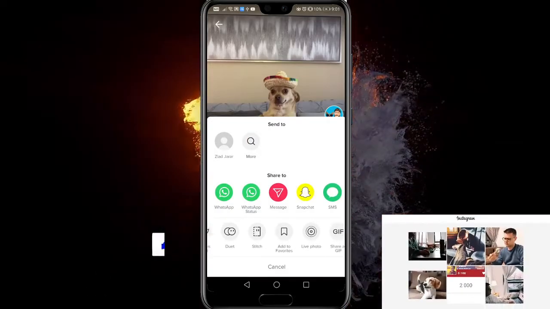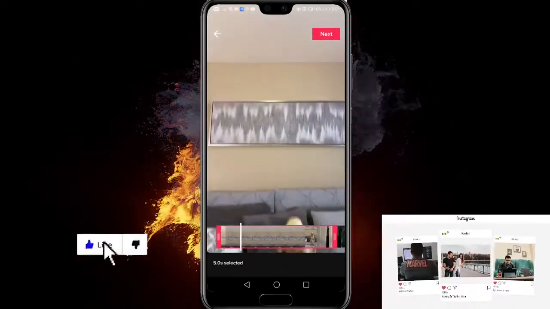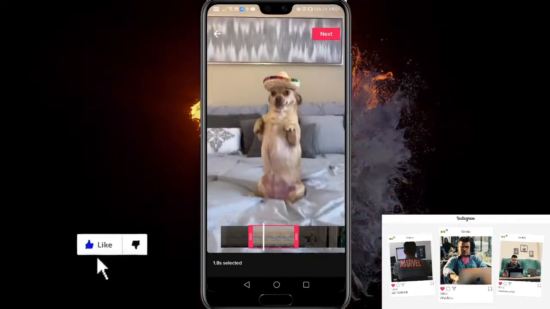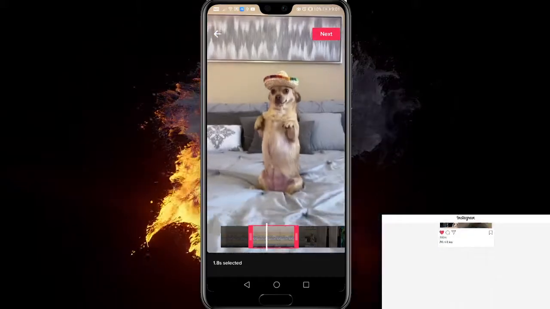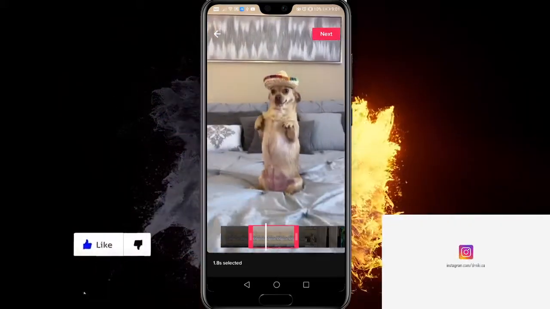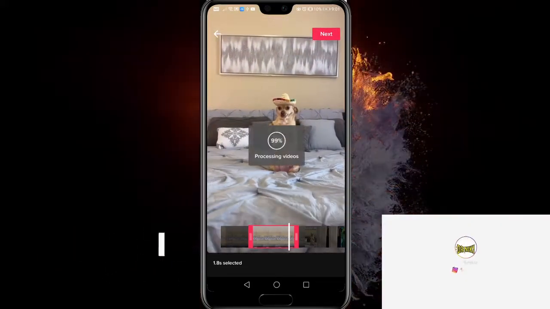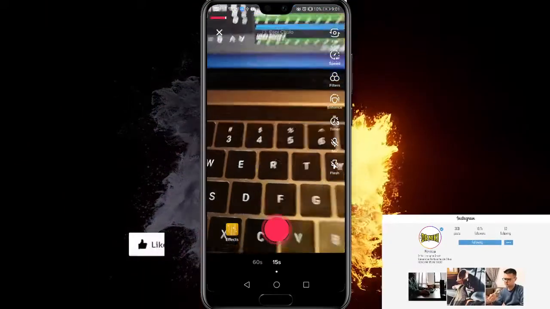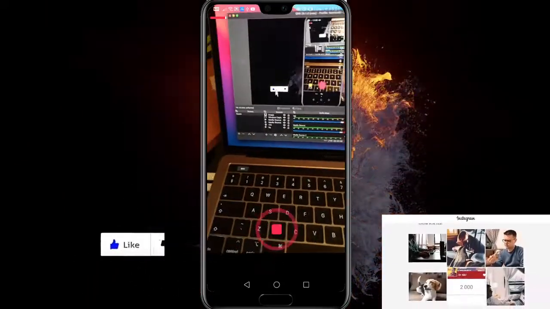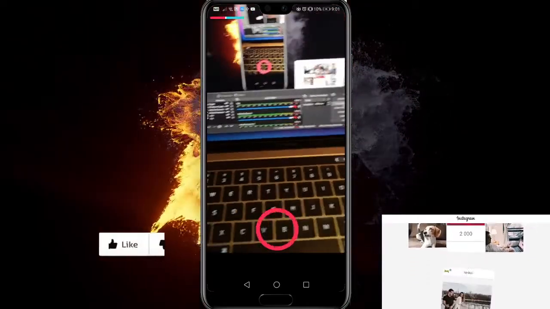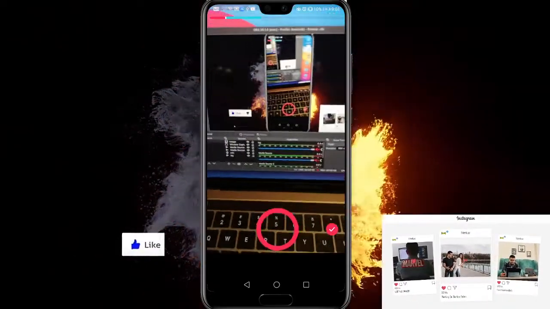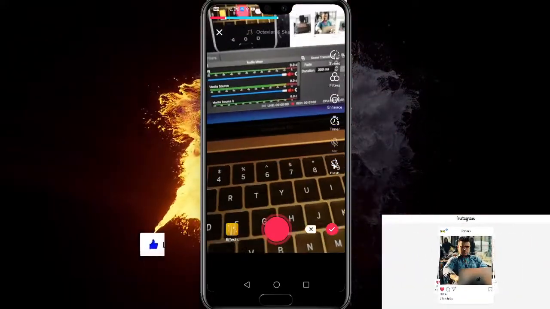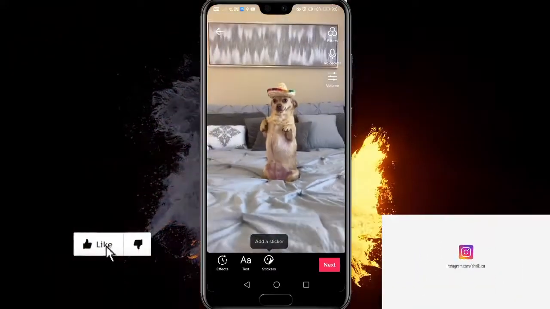and click on stitch. Now you can choose the part of the other person's video you want to use and click next. After you've done that, you automatically open your camera. So let's record a 3-second video, for example, like this, and after we are done, we can see the preview